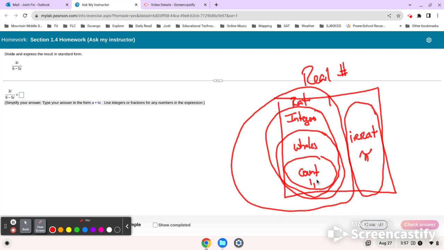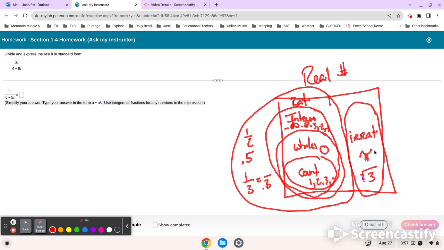Counting numbers start at 1 and go 1, 2, 3, all the way to infinity. Whole numbers, because this is a Venn diagram, just add 0 to the previous list. Integers add on negatives, so we get negative infinity, dot, dot, dot, -3, -2, -1, then 0, and then 1, 2, 3. Rational numbers add in fractions like 1/2, terminating decimals, and repeating decimals, like 1/3, which is equal to 0.3 repeating, and so forth. Irrational numbers are like pi, a number that doesn't terminate and doesn't have a pattern; it just goes on forever. Square root of 3 is another example of an irrational number.